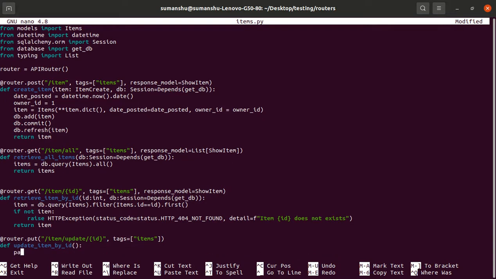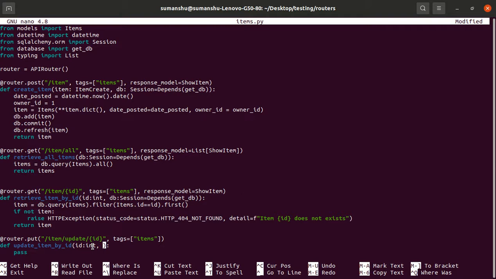Now we have to perform some kind of operation. This function will take a few arguments. The first argument is the ID keyword, and we will use the pydantic approach, so it should be an integer. The second thing is that it will take the schema as well, because we know which ID we are updating, but we also need the values by which we are updating the fields.